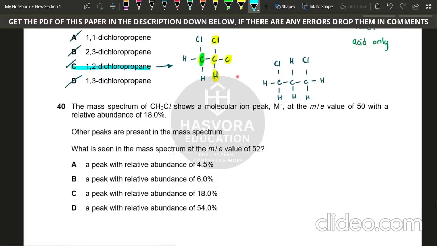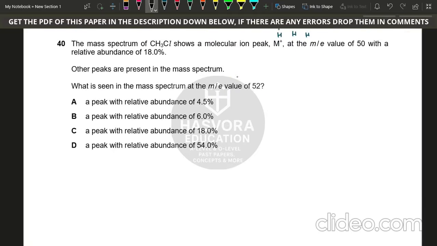Okay, let's move on to question number 40, which is the last question. So the mass spectrum of CH3Cl shows a molecular ion peak M+1. So M+1 is actually the mass of your molecule, and it has a value of 50 with the relative abundance of 18%. Other peaks are present in the mass spectrum. So you have to tell the abundance